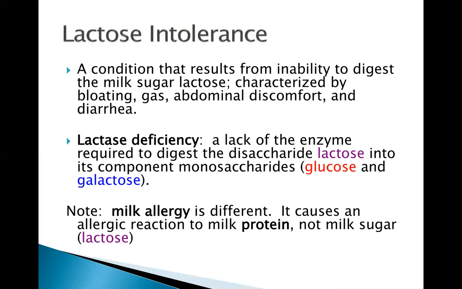It might be genetic, and it's actually very, very prevalent. It's estimated that 30 to 50 million people worldwide have it. People who have this usually can consume some lactose in small amounts, but not large quantities. And sometimes people with lactose intolerance can consume fermented forms of dairy, such as yogurt or cheeses, because some of the bacteria in those fermentation processes can actually begin to break down the lactose.